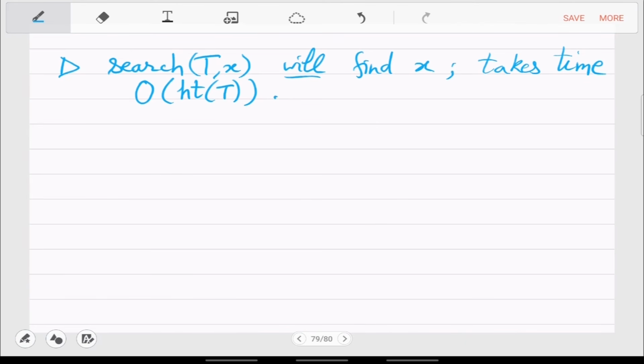In fact, one can be more precise. It will be the depth of P, which is at most the height of T. So wherever X lives, if it lives already at the root, then it will take only one step, right?